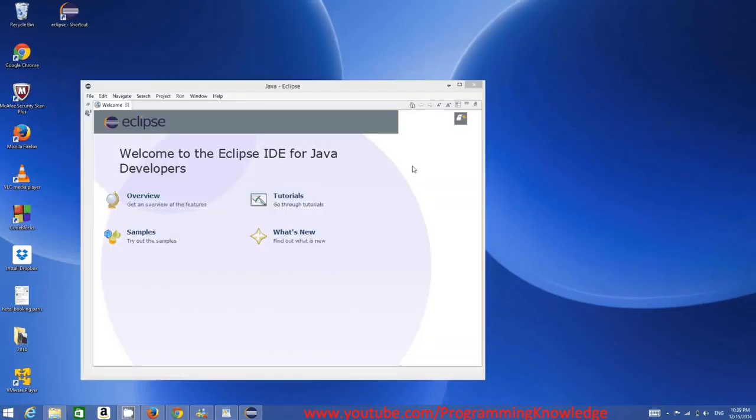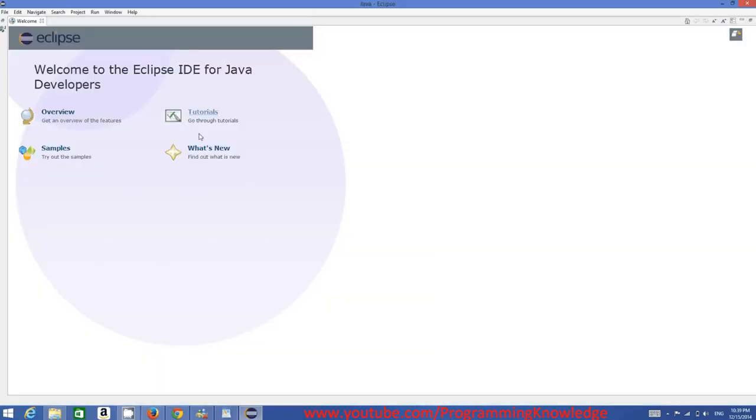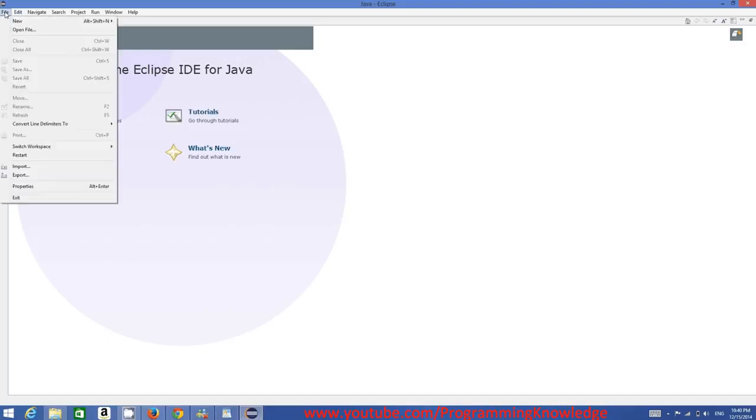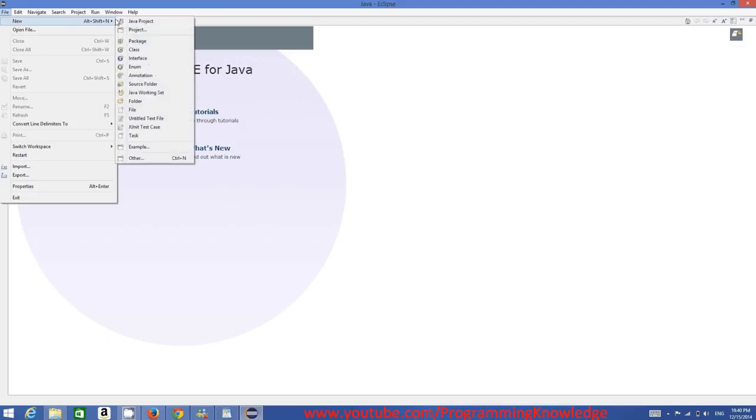Now Eclipse is open on my computer, right? So I will just maximize it, and I will be able to see this message, welcome to the Eclipse IDE for Java Developers. And you can see they have some tutorials, samples, overview, and what's new. So to create a new project in Eclipse IDE, you just need to go to this File option here and go to New, and we are going to create a new Java project. So just click Java Project,